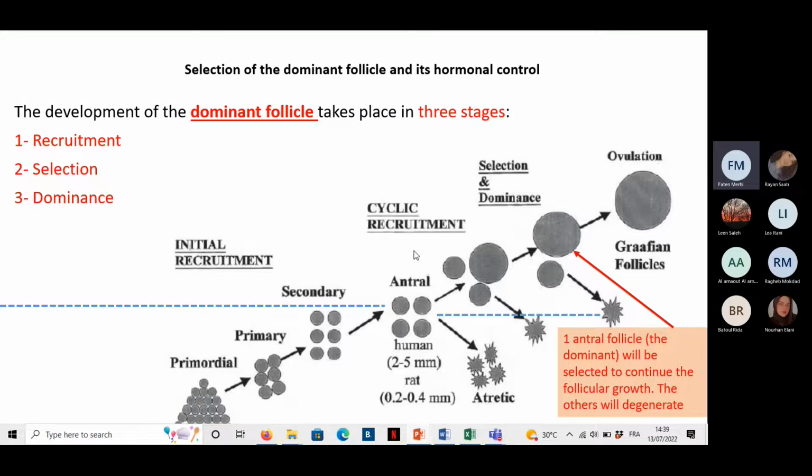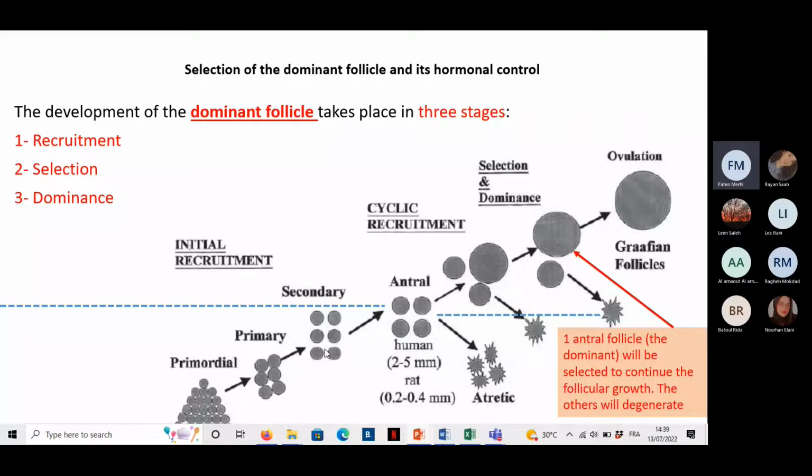When we have the appearance of this antrum, of this cavity containing a fluid inside of the ovarian follicle, we start to call the follicles antral follicles. And the stages before, where we don't have an antrum, the follicles are called pre-antral follicles. We said that the development of the follicles from primordial to primary and secondary follicles is